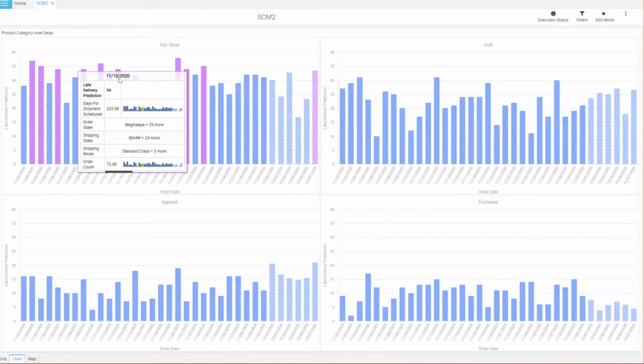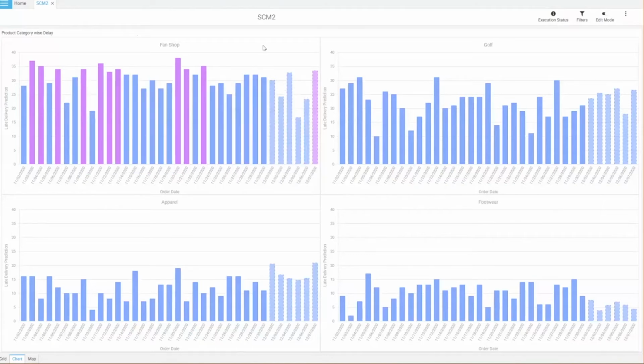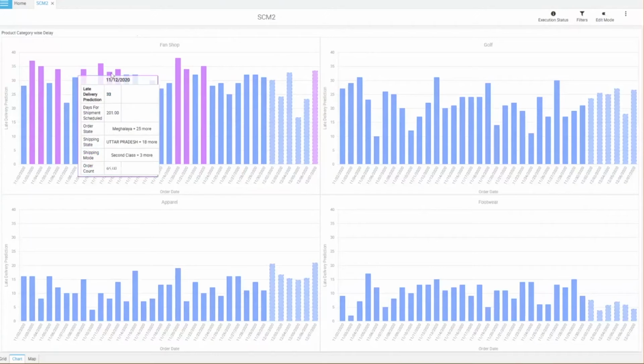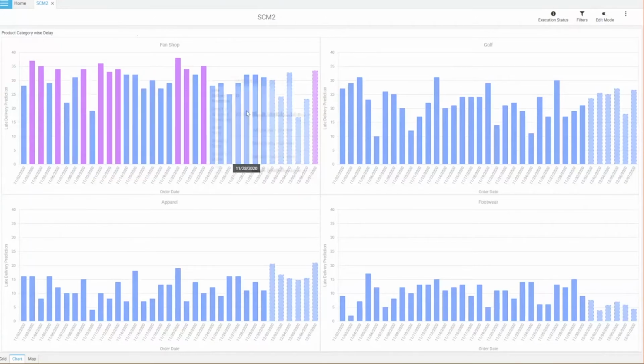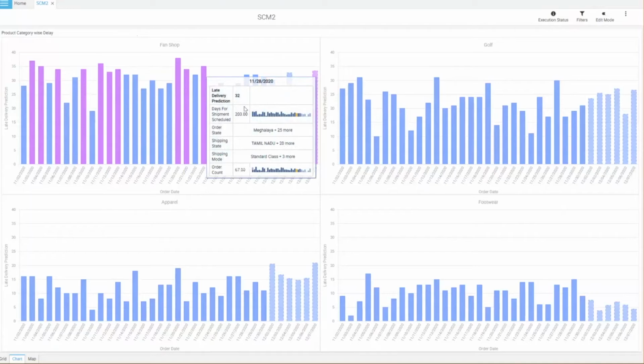So let's take an Olympic example. When there is a sudden surge of orders from the sportswear companies across the globe or across India. So now with this historical data, on the right hand side, there are some translucent bars with dotted lines, which will help you to see the prediction. Now, on the historical data, there are some pink reddish bars, which are late delivery. And comparatively the blue bars are less.